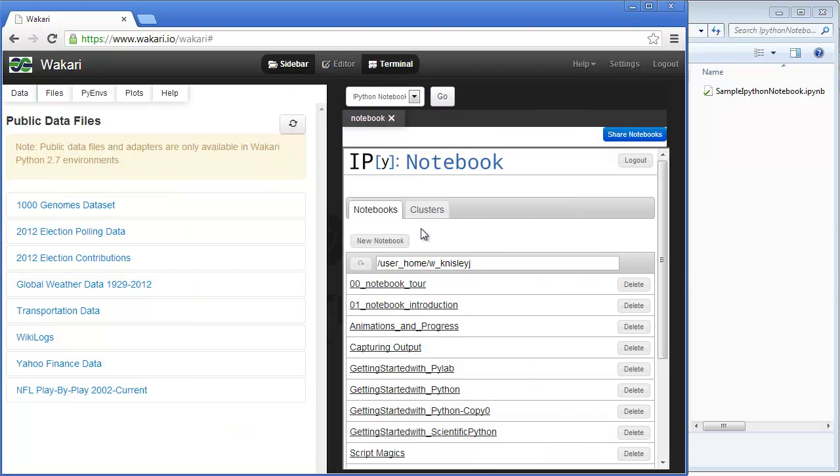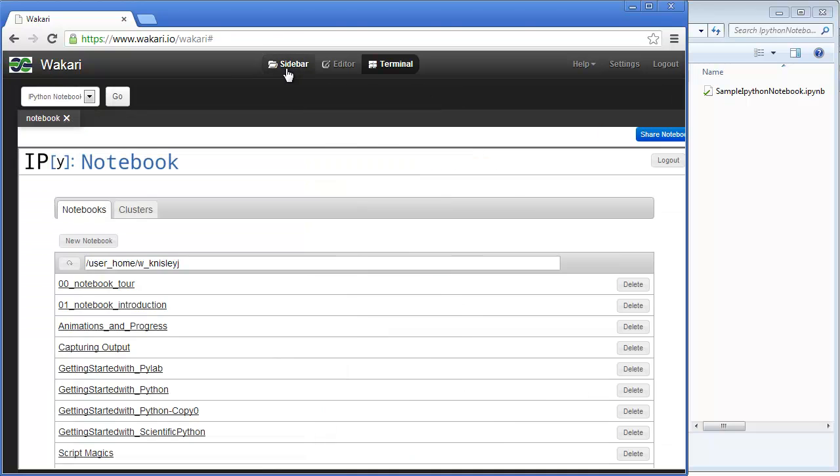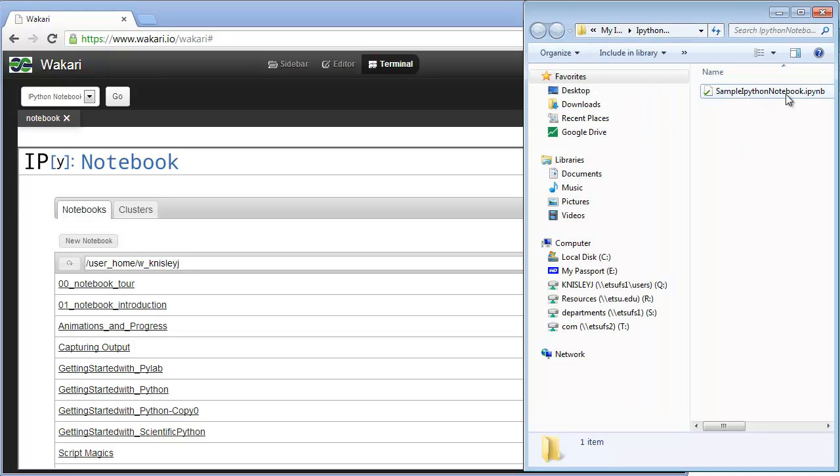Now let's get rid of the other three elements by clicking on their respective icons, and that leaves just the terminal window and a listing of all of our IPython notebook files. Now when you first do this, you probably don't have anything except the blank line and where your IPython files are being stored. We want to upload to this collection, and to do that you open an Explorer window, and